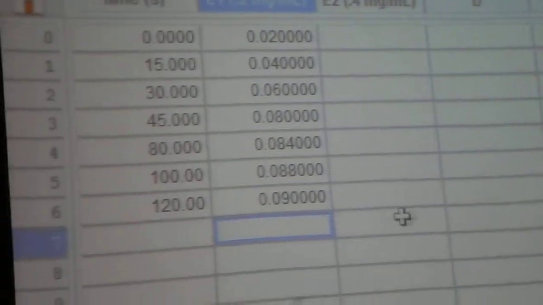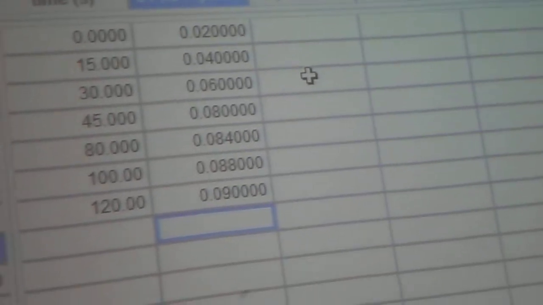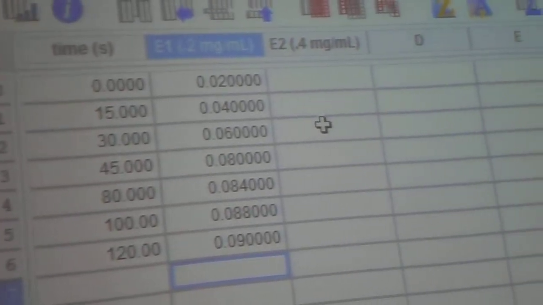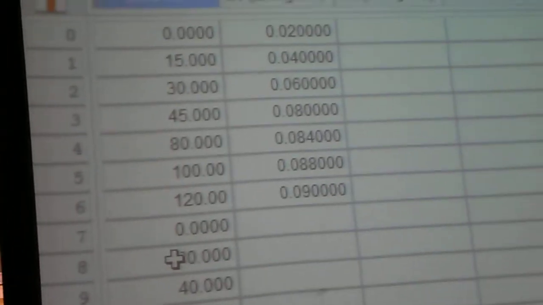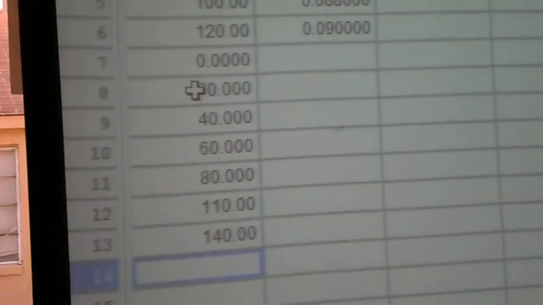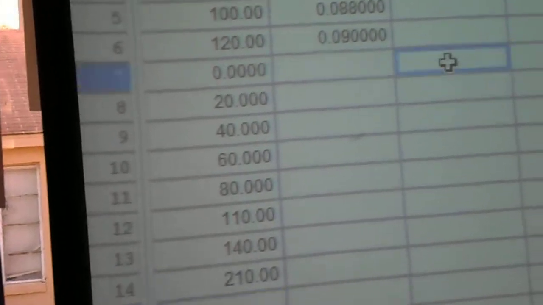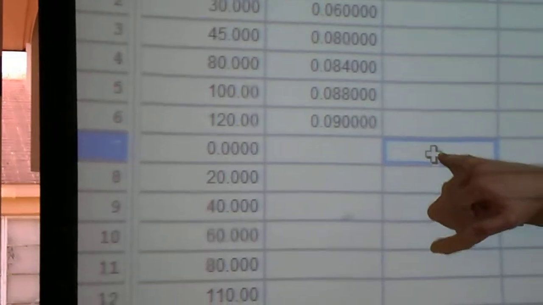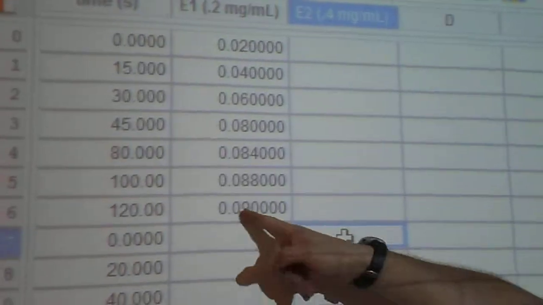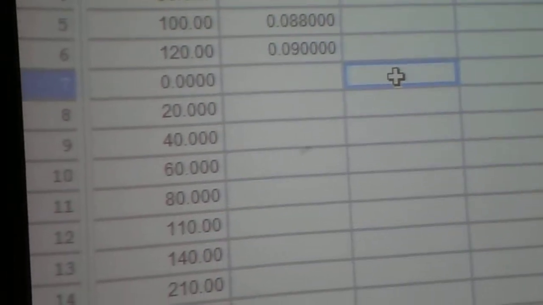Okay. But what I was going to say is when the next one comes with absorbances, they're going to have different times. It's going to have a 0 time, and then a different time. 0 time, and 20, 40, 50, 110, 140, 210, like that. Now this is the x, so you're going to have to make sure that it matches up. So you just come over here. Now if you paste in the